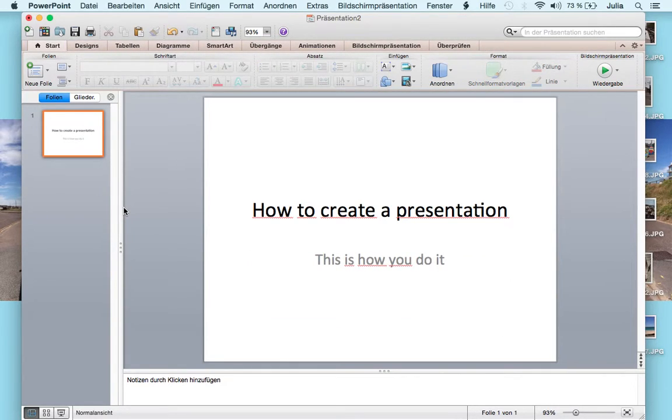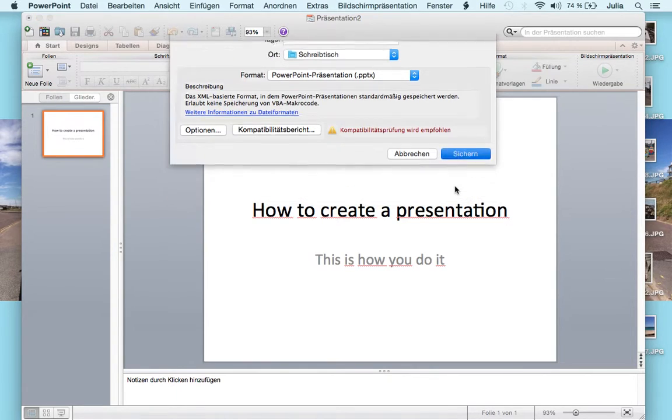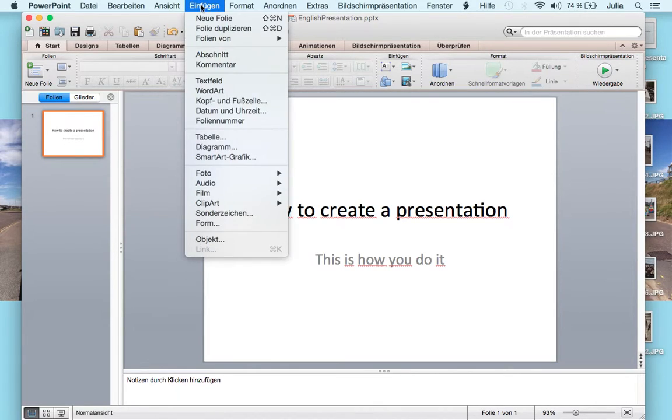Now, first slide's done, and because I want to make sure my work isn't lost, I need to save it. Click the little save icon up here, call it English presentation, put it on the desktop, yes, that's fine, and I say save, and it's saved. Now I need to add some content. To do that, I need to add another slide. Behind the title slide, I say add up here, new slide,